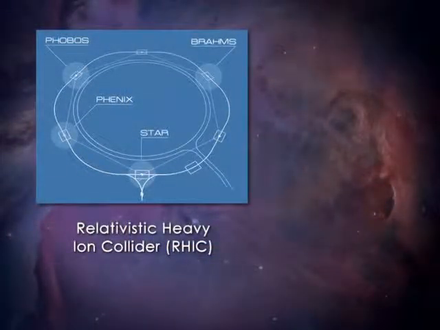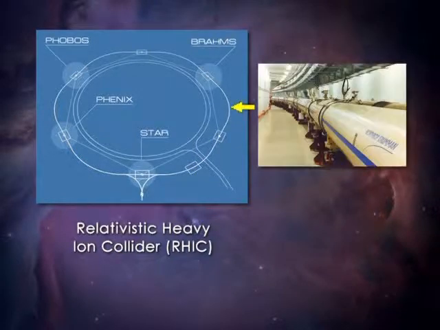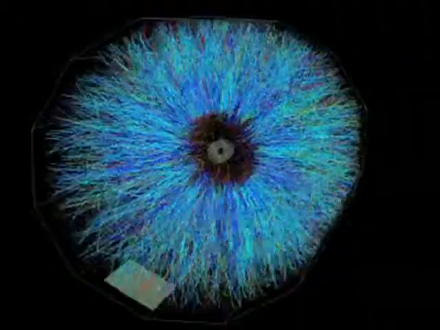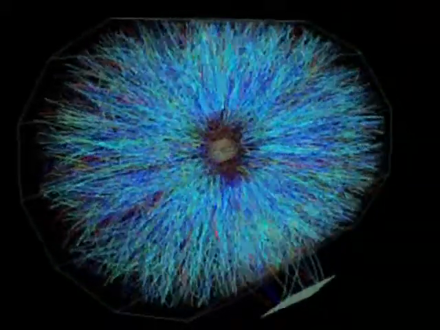Here's one of these accelerators. It's called the Relativistic Heavy Ion Collider, RHIC, in Brookhaven. Here's the beam pipe, which is a part of the 2.5-mile ring around which nuclei of gold or lead are accelerated. They collide head-on in detectors like this, one called STAR, and the thousands of particles made in the collision are tracked and measured. And these allow you to figure out the properties of this tiny fireball that was created by